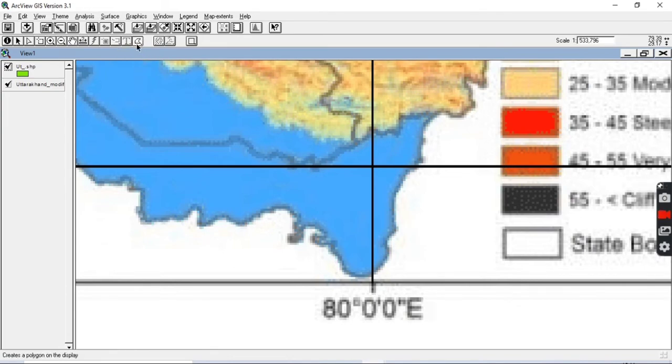For digitizing your first district, you will have to choose draw polygon. Okay, and start digitizing your district. You will have to just give a single click. Whenever you double click, it will stop.